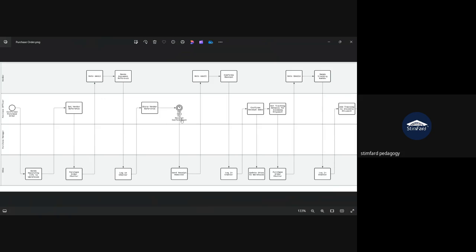here is the expected arrival date. You can see here. So you can mention the expected arrival date, and if I create a new one,